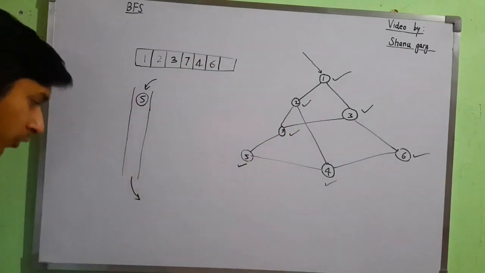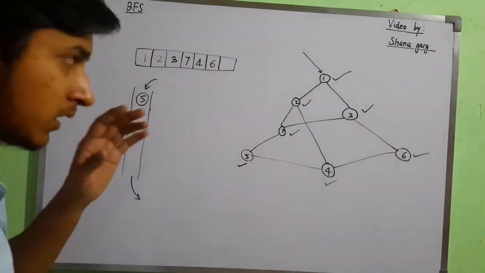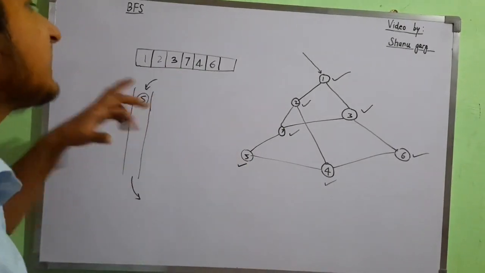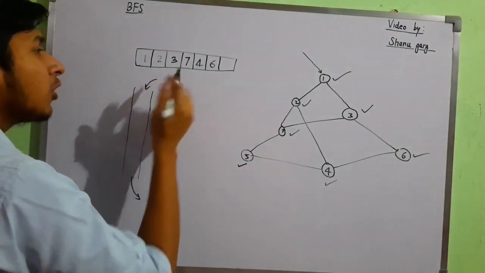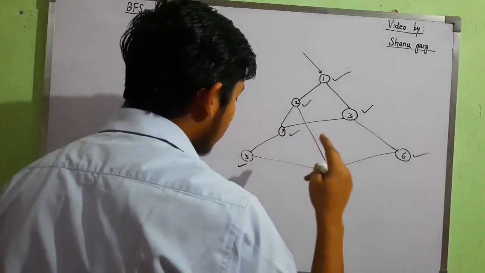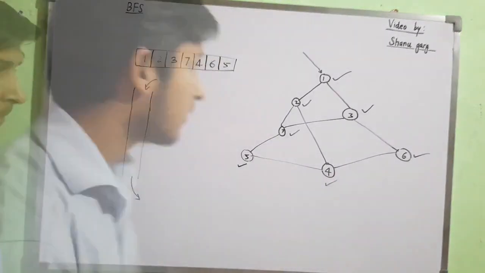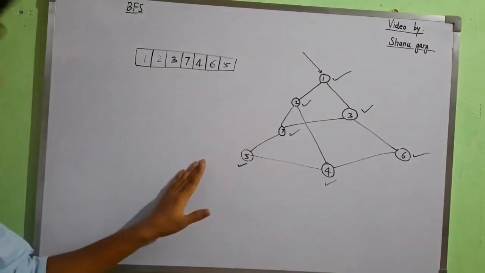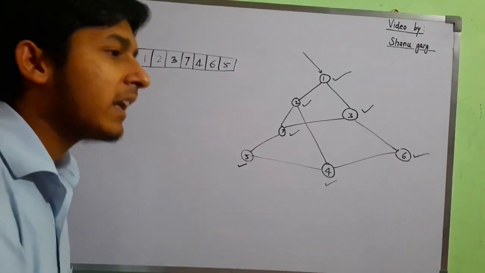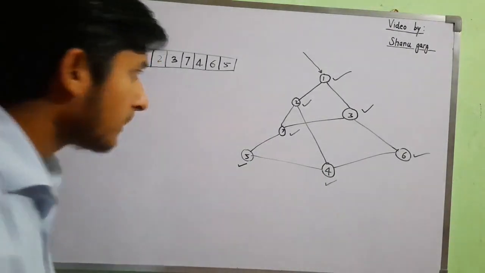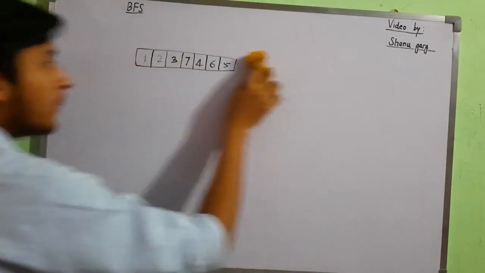Now the Q says, hey 5, now you tell me the children you have and get out of here to the output screen. 5 will say, okay sir, so 5 will leave to the output screen, and there are no children that 5 has that are new to this Q. So we explored the entire graph this way. Okay, simple. Make sense? I hope this is making sense to you.